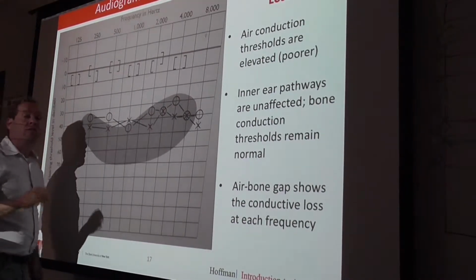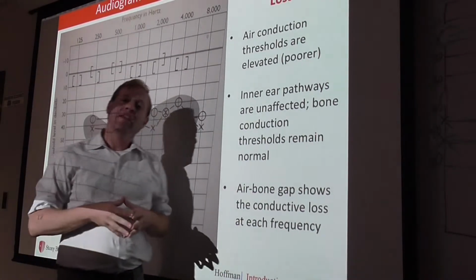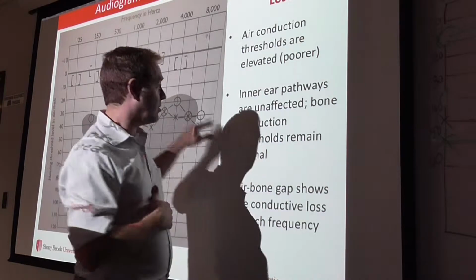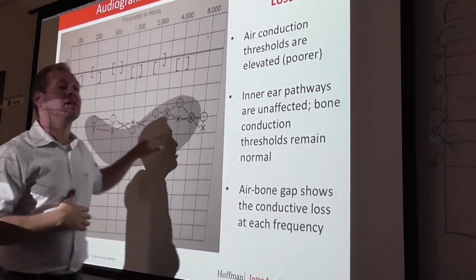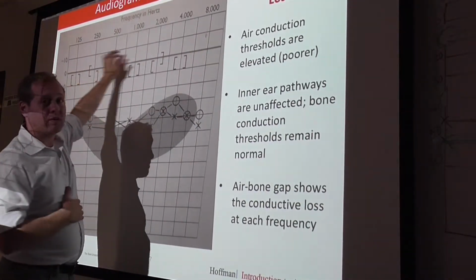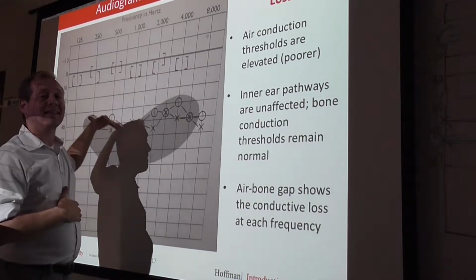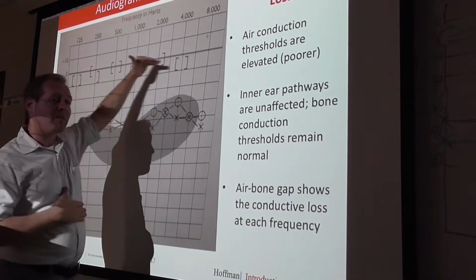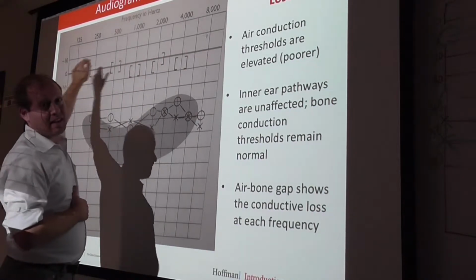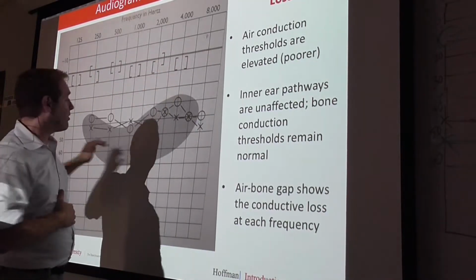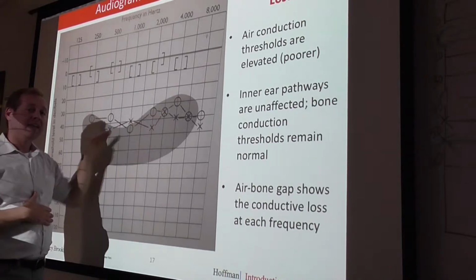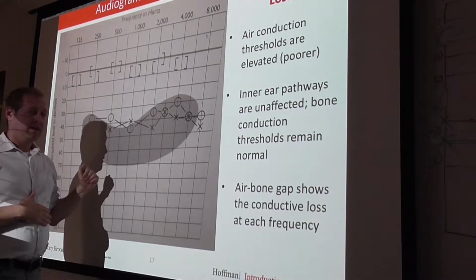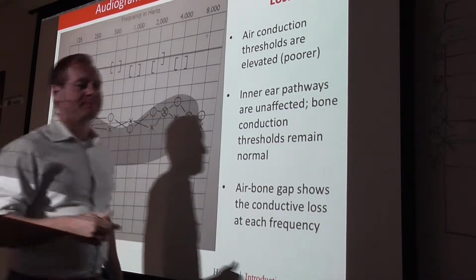Okay? So when we did air conduction threshold testing, we showed damage. When we did bone conduction threshold testing, we showed no damage. Okay, so there is a conductive loss because the sensory neural pathway is in the normal range. However, the conductive pathway is not. Okay? Now,